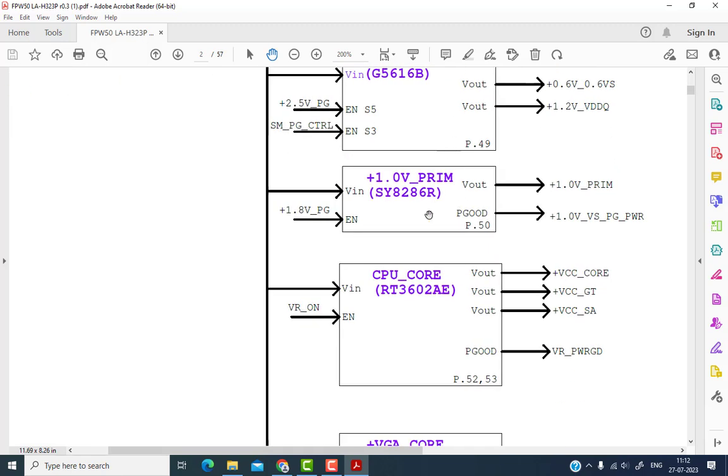The next is 1 volt, which is going to the PCH. Here the PCH and CPU are combined, so sometimes we call it the PCH, and sometimes the CPU. Both are the same chip here. This information is on page number 50. Then the CPU core section generates the CPU core voltage, called VCC core. And there are VCC GT and VCC SA. A total of 3 voltages are generated by the CPU core section, and this information is given on page number 52 and